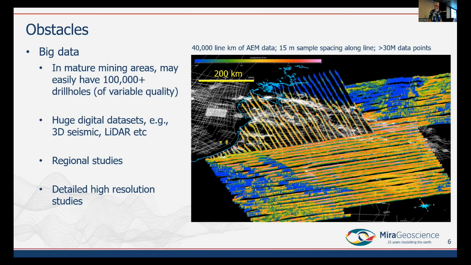It's a very large area. There are over 30 million data points in that view. I can visualize that on my laptop and spin it around. Every single one of those points is visualized and can be queried. So we're able to handle some very, very large data sets. It's not super fast, but it will work on a laptop, and it's not a particularly special laptop.